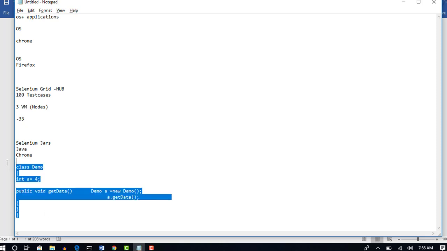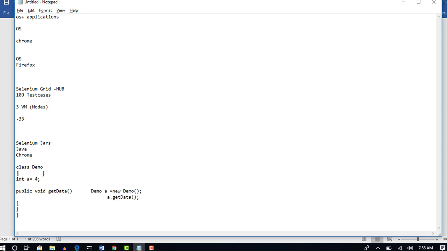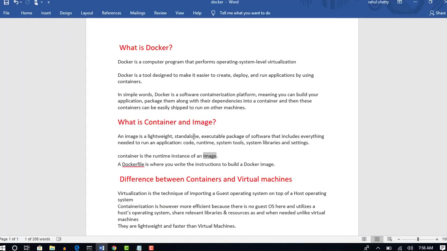Similarly, an image will have all the details of software, test cases, browser, and Java, all that, because a container by default is a fresh instance without anything, and we will instantiate that whole image with the help of our container. So that's how you can relate the simple definition of Docker. Okay, so that's about the difference between container and image.